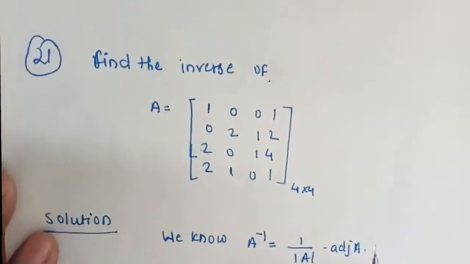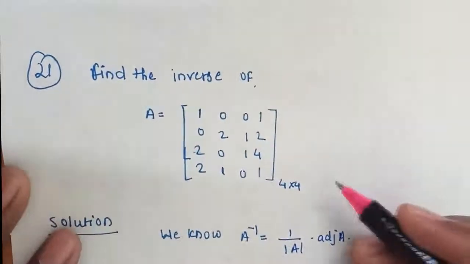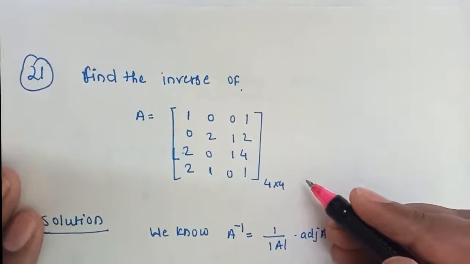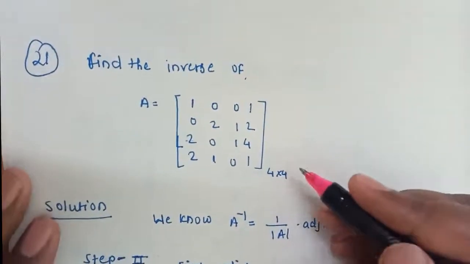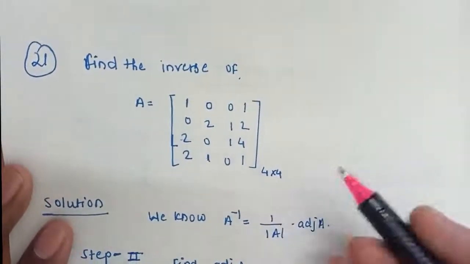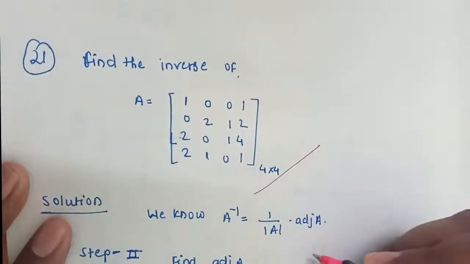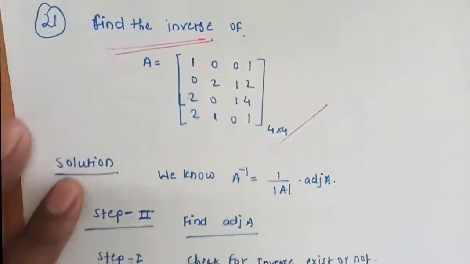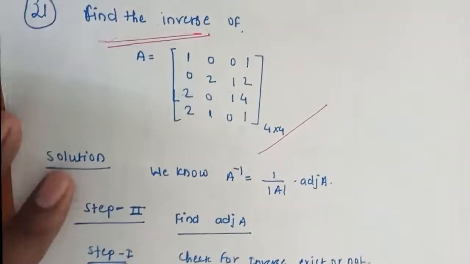They said to find the inverse of this, so this is quite a different problem. NCERT does not include this in the syllabus, but some of our students asked me this question. So it's a 4x4 matrix. It's quite easy, same as before. They ask you to find the inverse. We can find it by elementary transformation, that's easy.